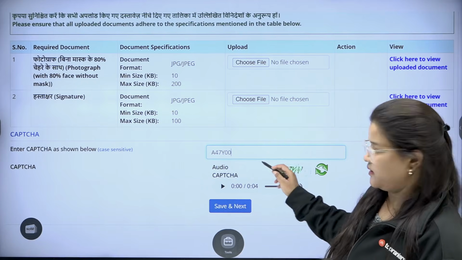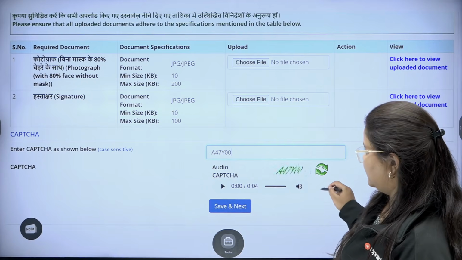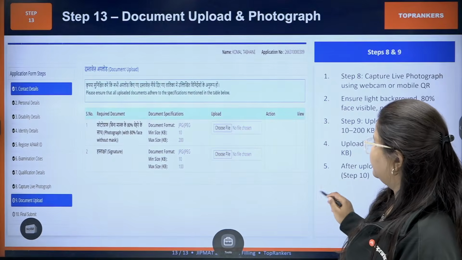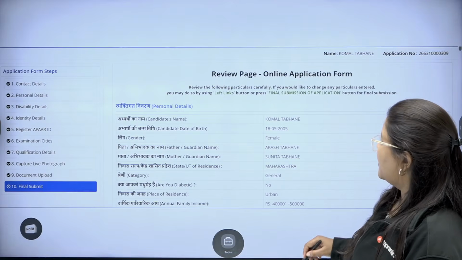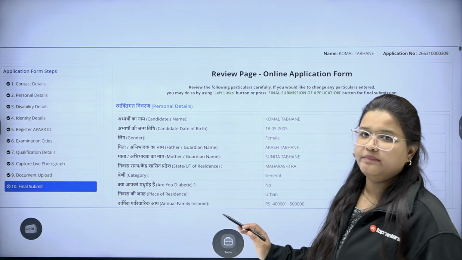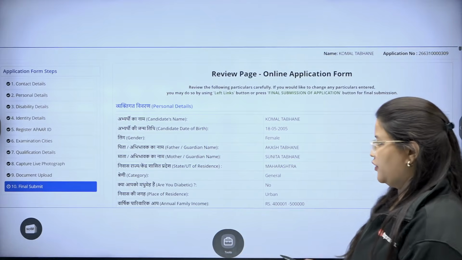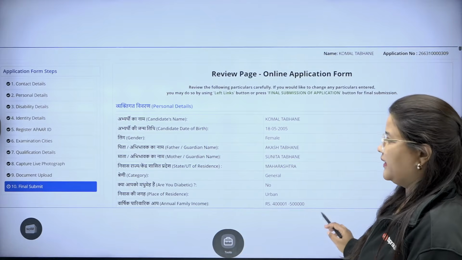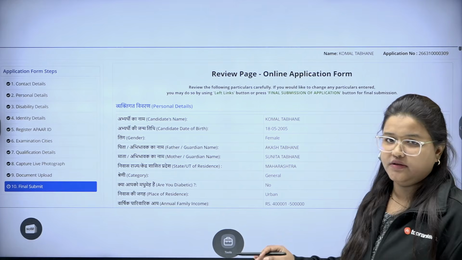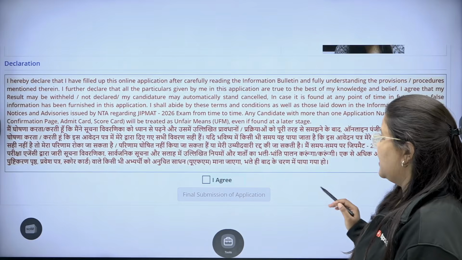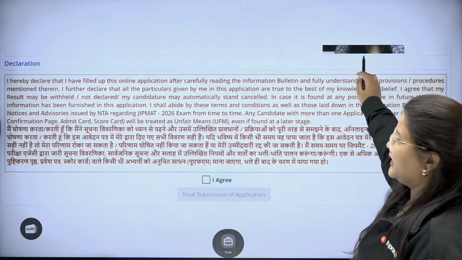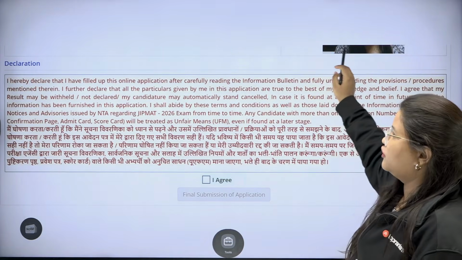You get a CAPTCHA here, just update it and move forward. You have this online review page open in front of you. Again, go through it carefully, before the final submission, just go through all the details. There is one option of live photograph also.